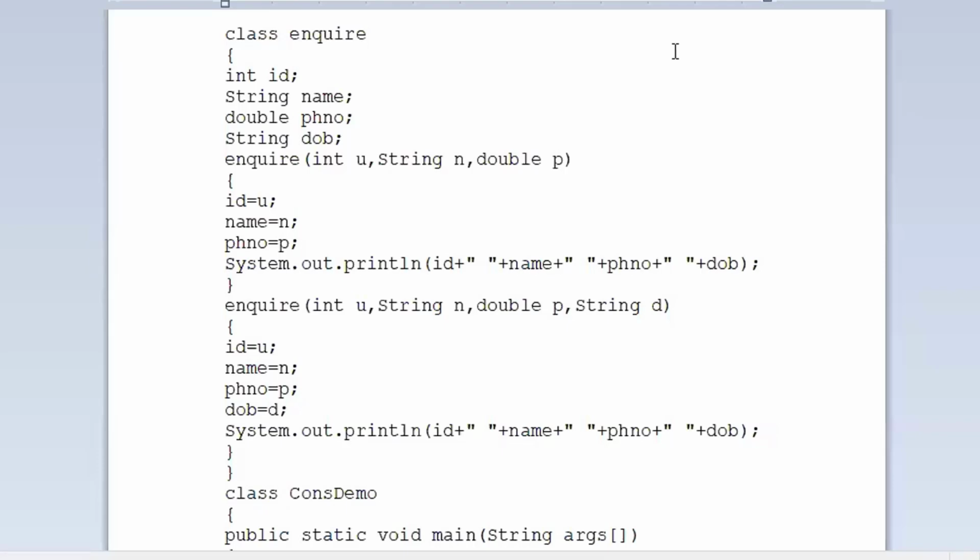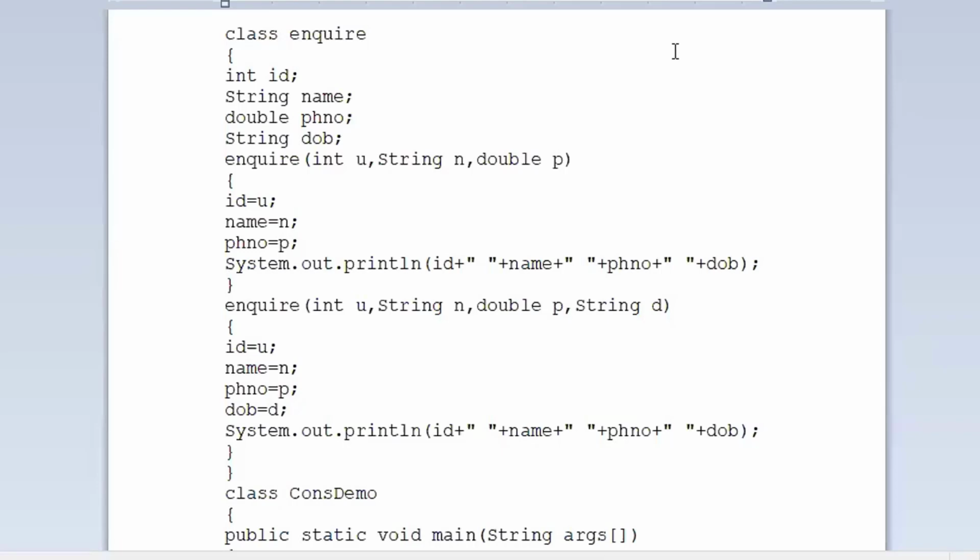I just wanted to relate it to a real world scenario. Whenever you are designing an inquiry form in a web page, everybody will not be filling all the details. They might be filling a few details and missing a few details. If they are missing some, whatever values they have entered, you have to save those, right? So with respect to your requirement, you have to write that many different constructors.